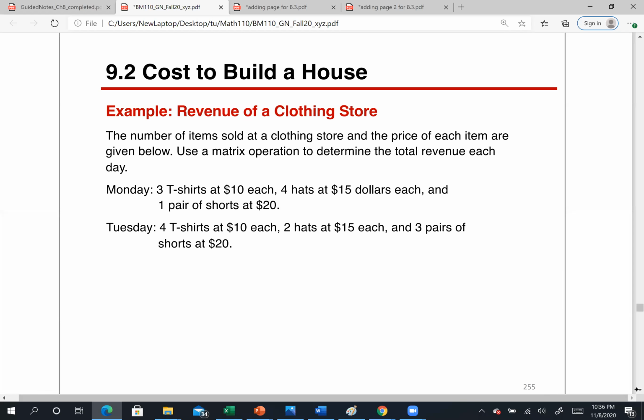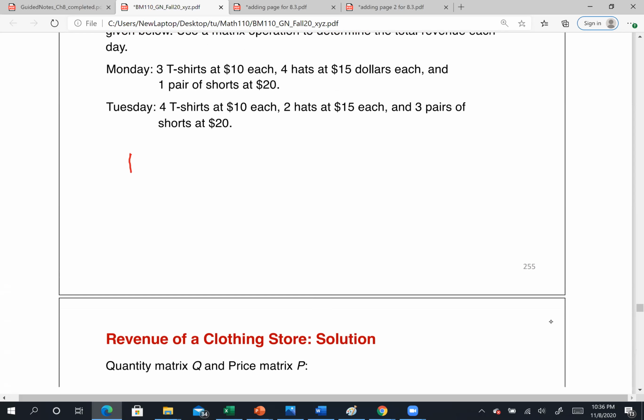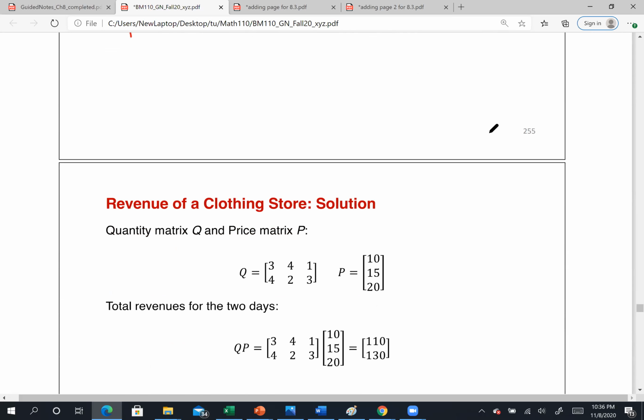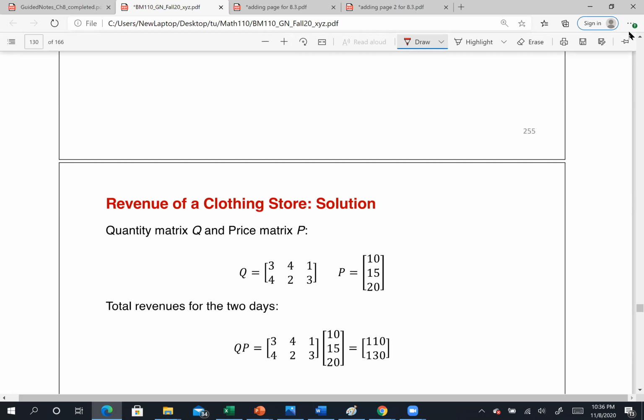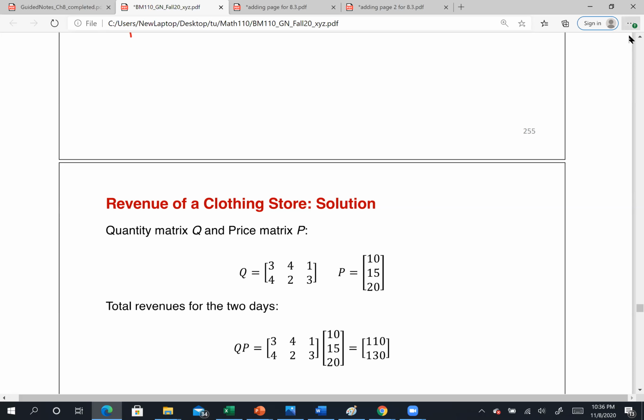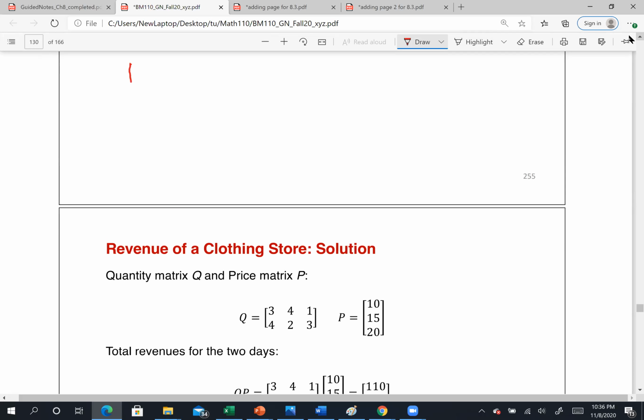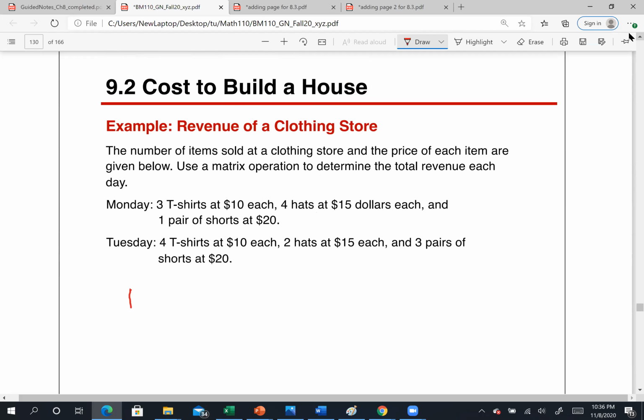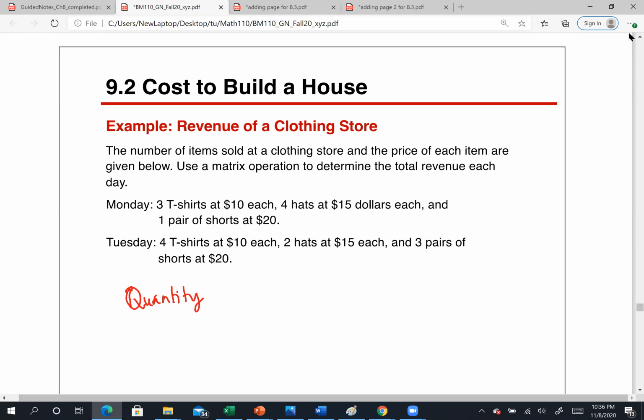Okay, so let's say they use Q for the quantity matrix and P for the price matrix. So if I say quantity matrix Q is going to be